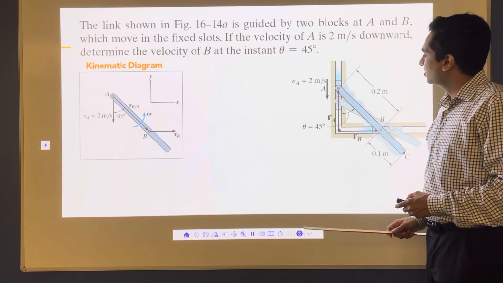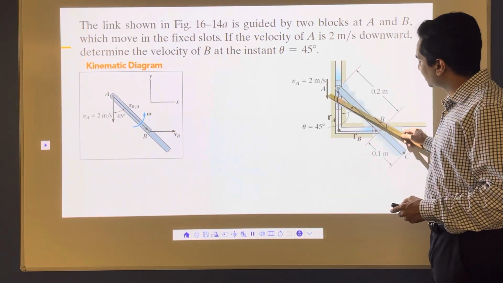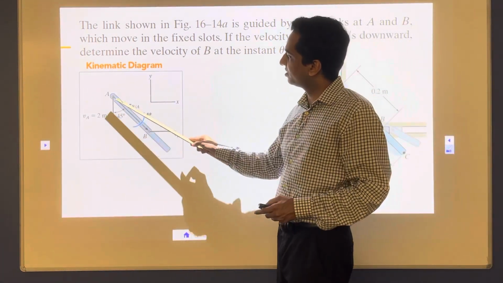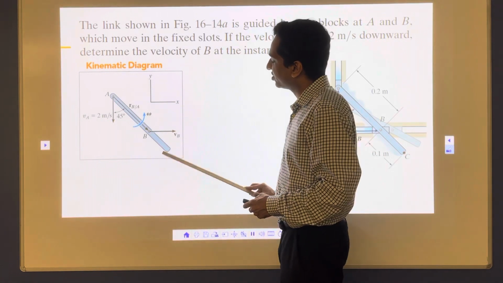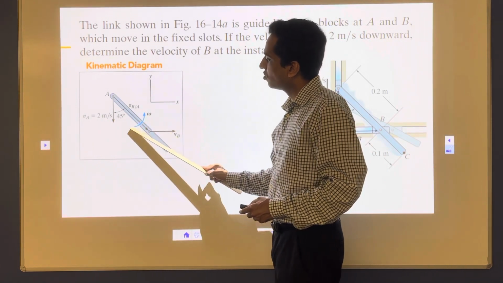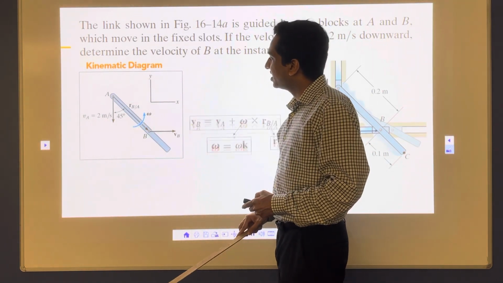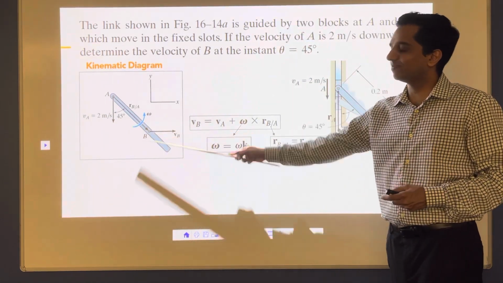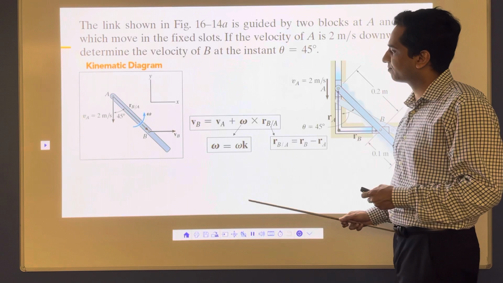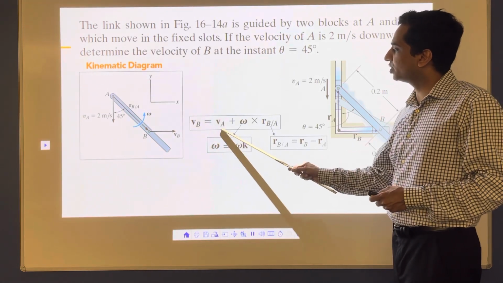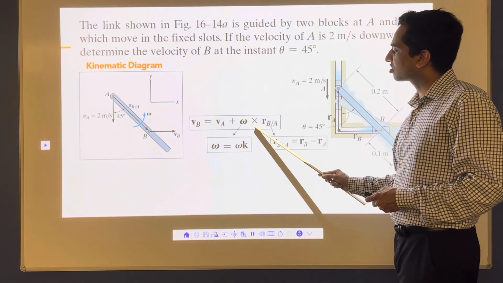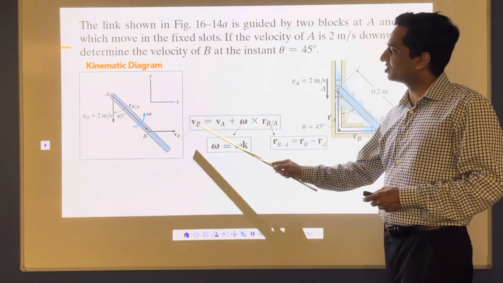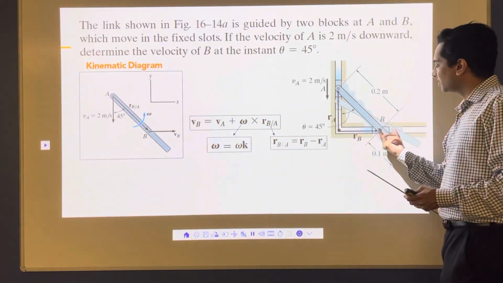So here I'm going to draw the free body diagram for the link AB. So I have a link AB here, A is coming down, B is moving in this direction, and then we have some angular speed omega here. Now I'm going to use the equation to calculate this velocity of point B. I'm going to use the equation that we derived before. VB is equal to VA plus omega cross RB by A. This is the equation we derived before,